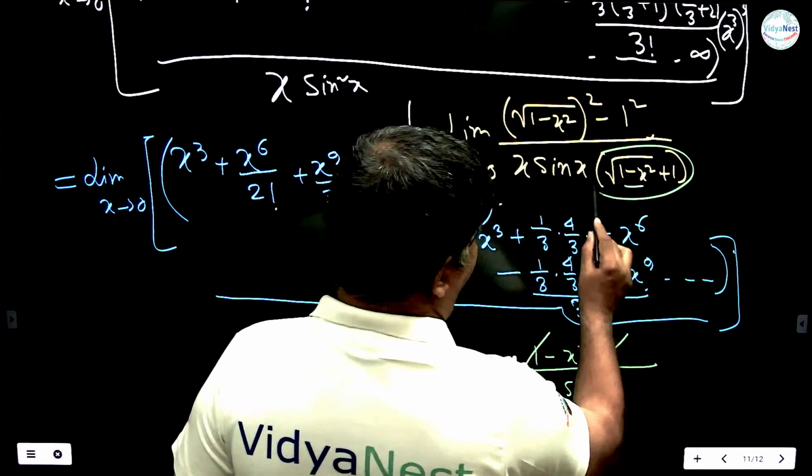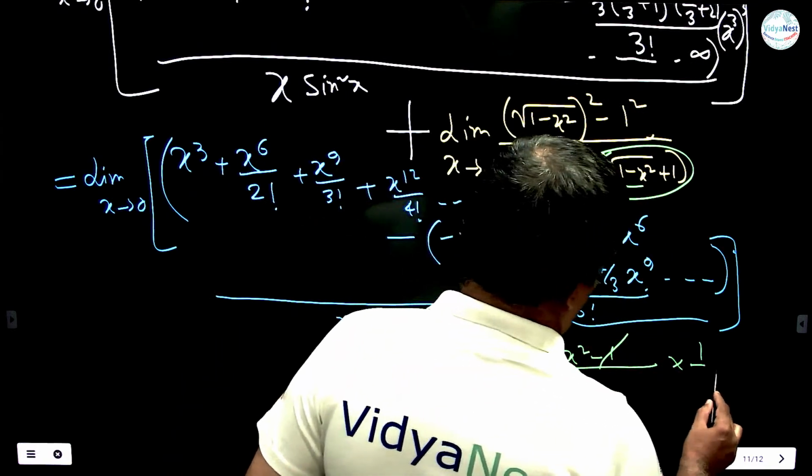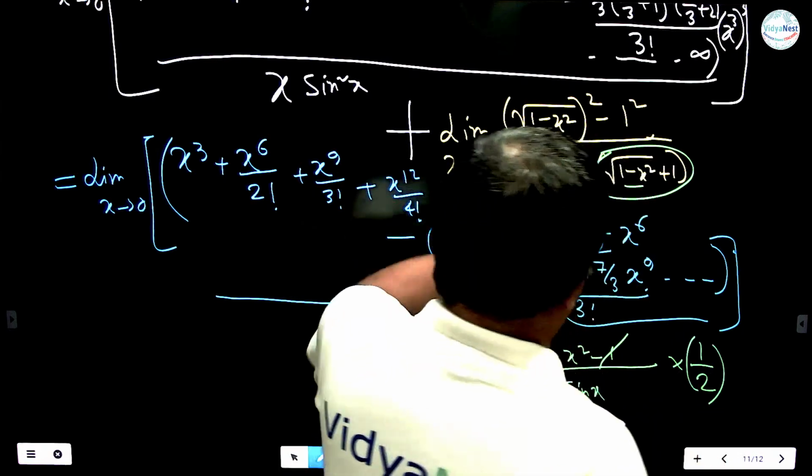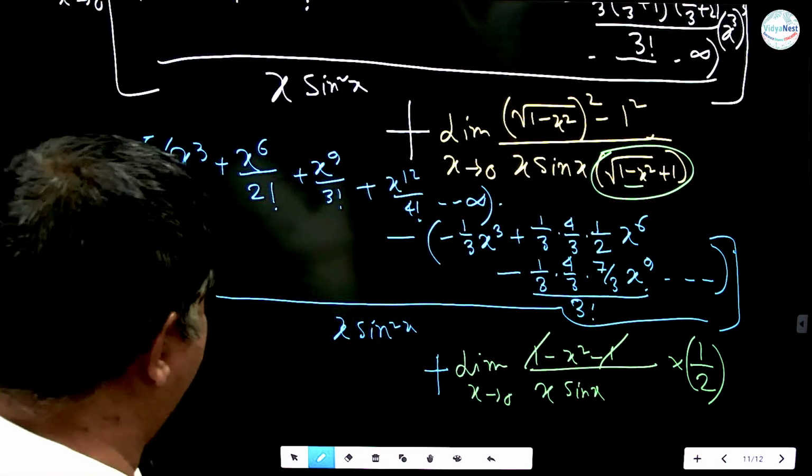So that part will be nullified, 1 by 2 by putting x is equal to 0. Now